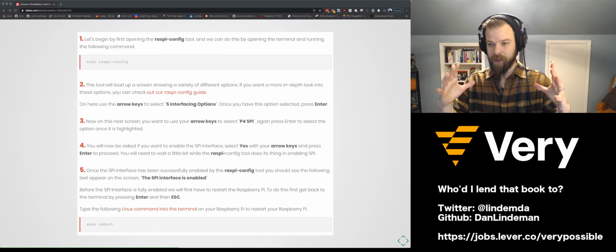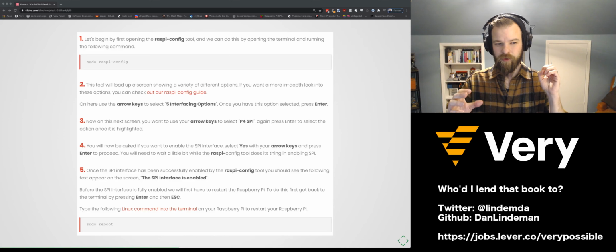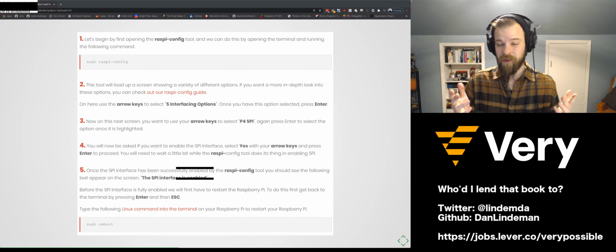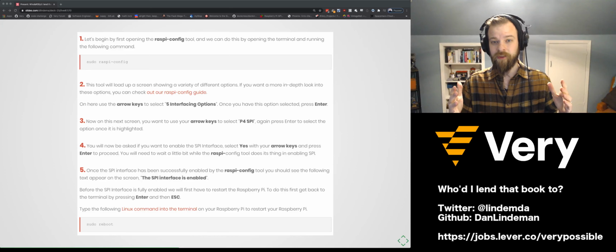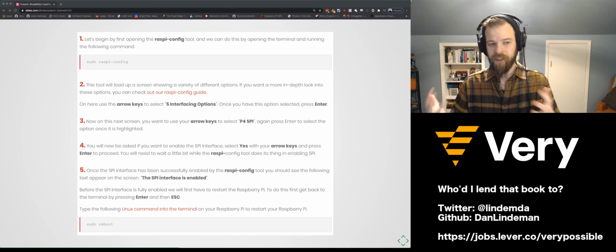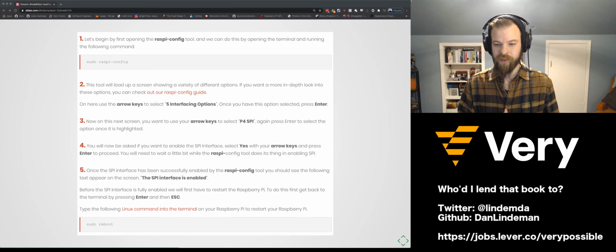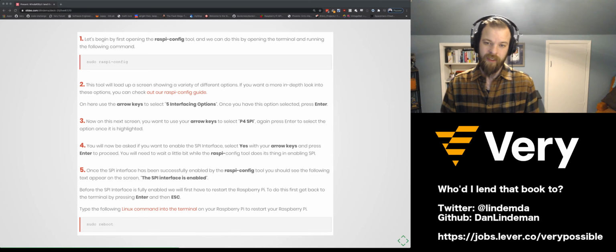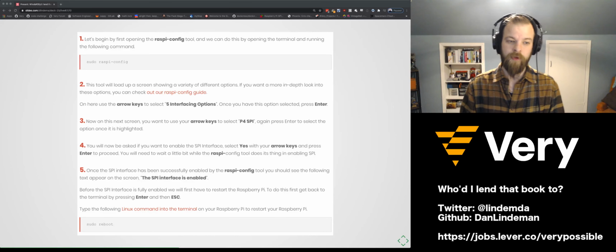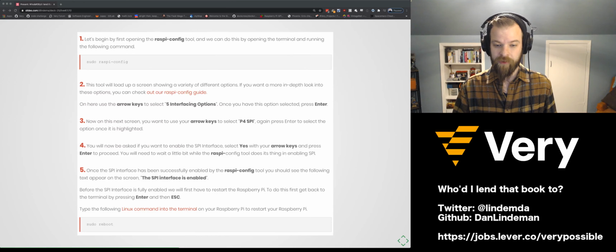This is another barrier to entry, I think, for a lot of people, because this is sort of Linux sysadmin as a blocker. It's a little scarier. It's not the worst offender I've ever seen out there in the land of IoT tutorials, but it's certainly one of the scarier parts of the tutorial. If you're just getting started, enabling an interface and then rebooting your Pi is not going to seem like something natural.